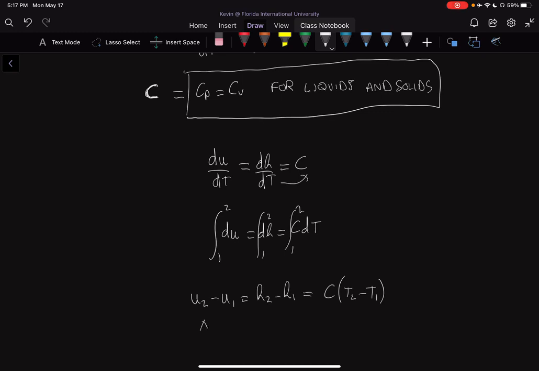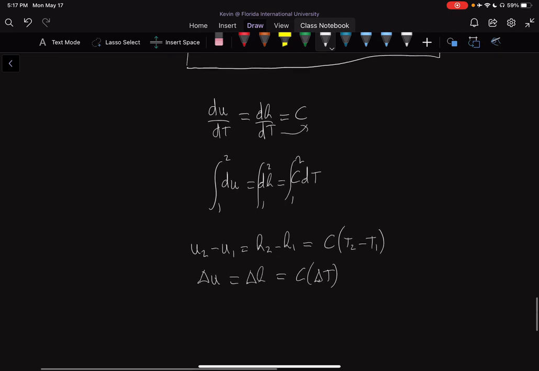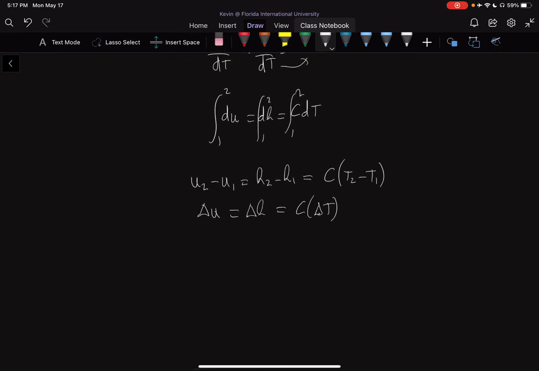Or delta U is equal to delta H is equal to C times delta T. So if we don't have tables for liquids and solids, it makes it very easy to solve a problem with